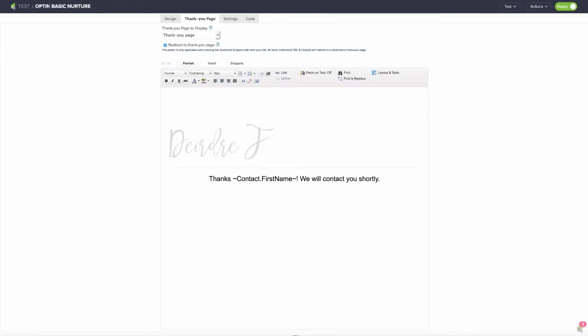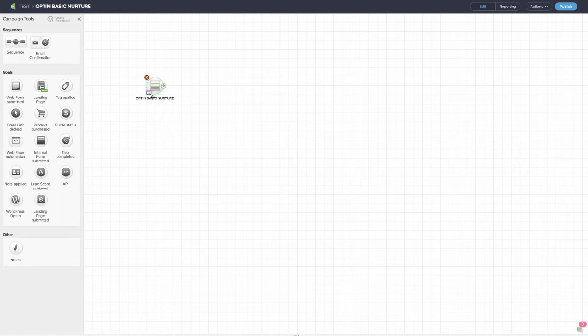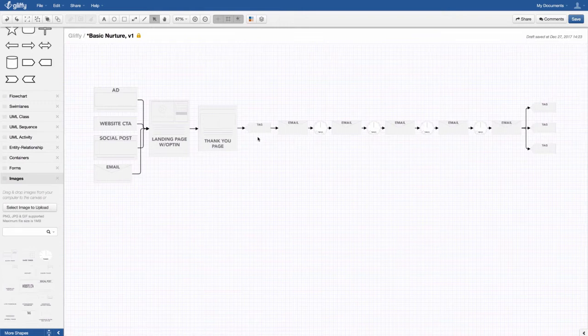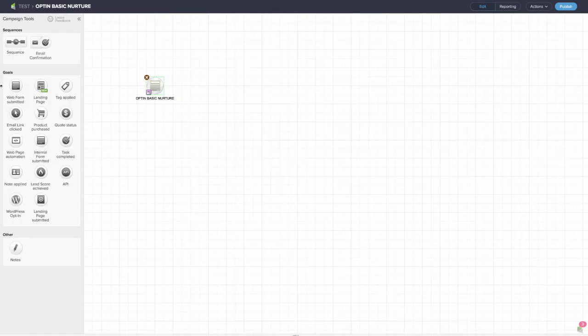We're going to go back here now. So now we have the basic opt-in form, which we're seeing as the entry point here, and the thank you page, which we've just created. So now we have to go into the rest of this here, and we're going to do that inside Infusionsoft in a sequence. Now, I did mention that you may want to do a confirmation before you start tagging them, and you would use this email confirmation item, this sequence here